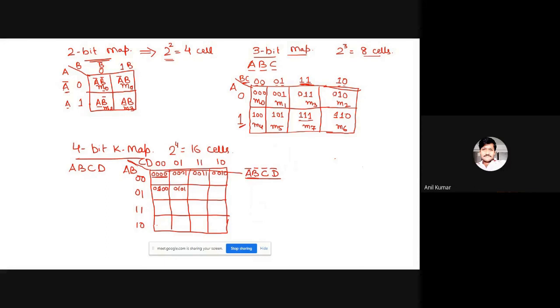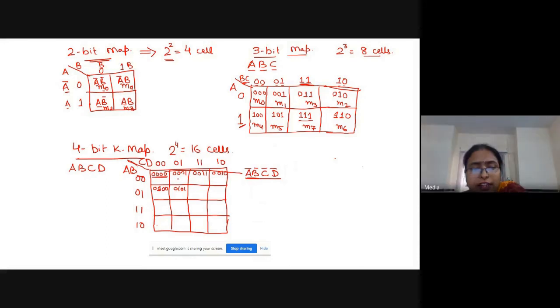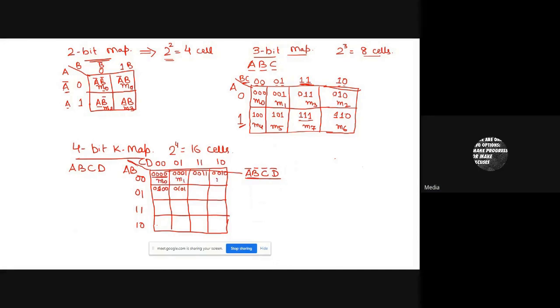So where it is 0, because we are writing about min terms, it is min term M0, here it is M1, this is M2, M3, this is M4, this is M5, this is M6, here it is min term 7, here now it is M8, note it down, this is M9,